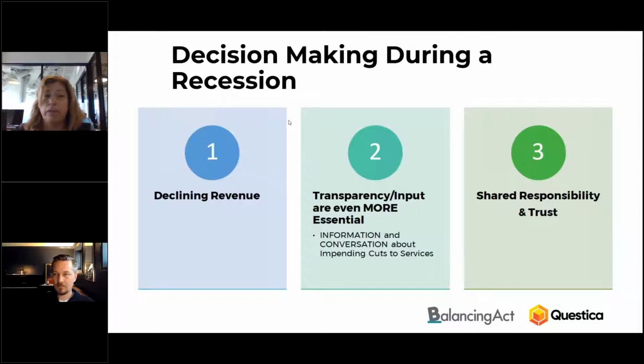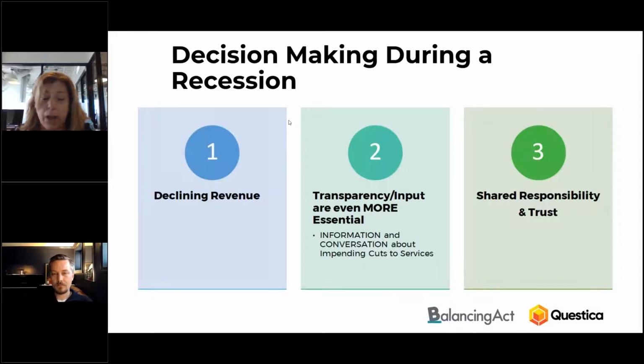With declining revenue, it's even more important that there's transparency. Not only is it important that your budget information is easily accessible, but that it's not necessarily in a 900-page budget document. It should be in a format that's easy for a resident to understand, and input into these decisions is critical. It's not just information going out one way; there's a conversation that needs to be had about what government looks like